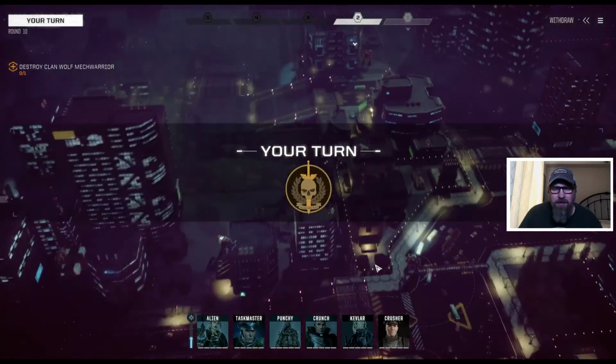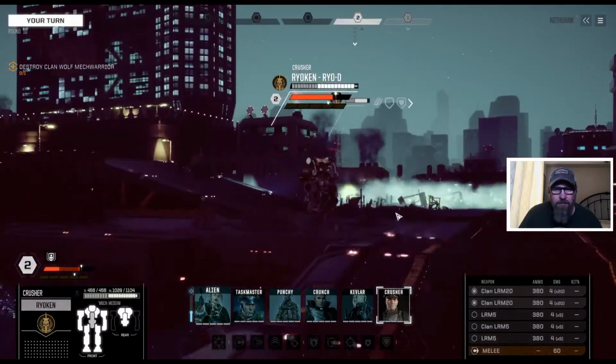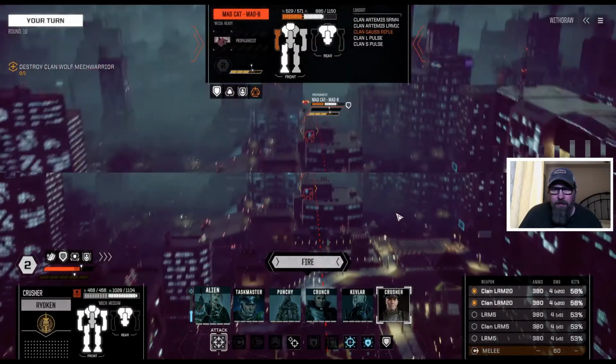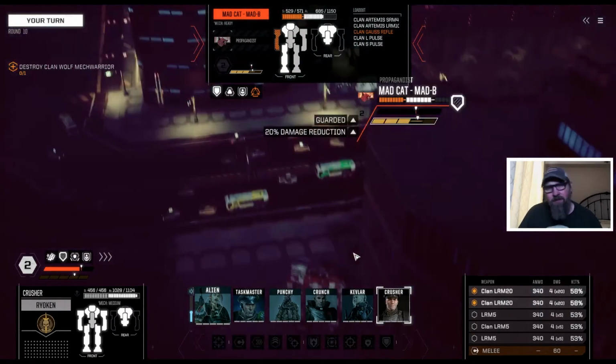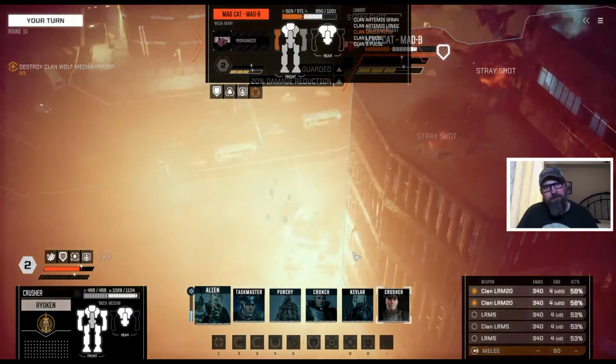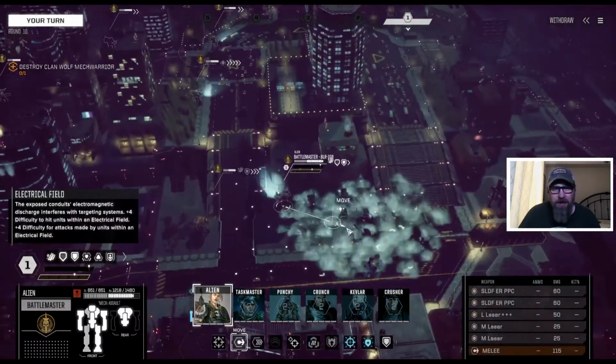We didn't do any damage to the arm, unfortunately. But we'll go ahead, move the Ryokan up. And we'll just keep pounding. 300. Roger. There we go. Now we're down to 340 after this salvo. Again, we didn't really hit the arm, which would have been nice, but...